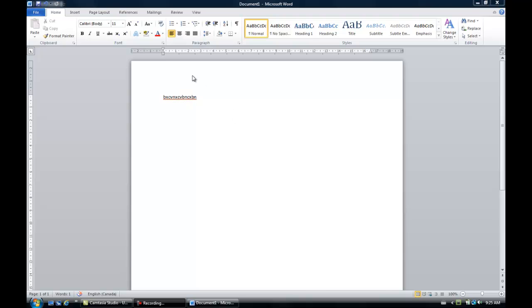I'm going to show you now how to create a header and a footer for your document. A header is when you want to display something at the top of every page of a document, and a footer is something that you want to display at the bottom. Typically your teachers might ask you to put your name in the header of a document, and